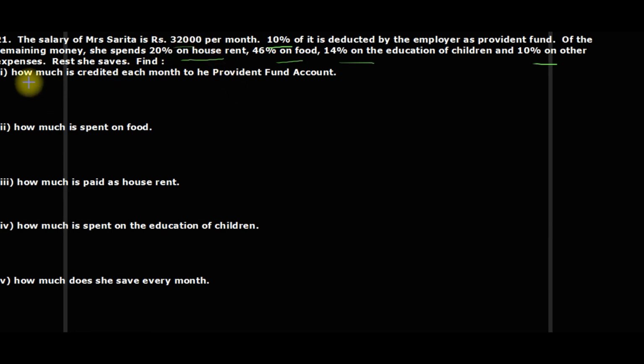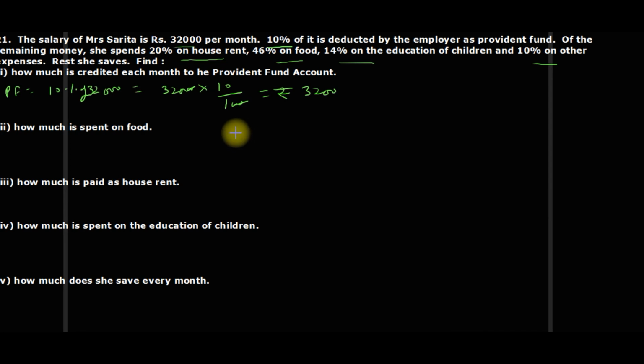Total salary is 32,000. So provident fund account is 10% of 32,000. 32,000 into 10 upon 100. So this would become rupees 3,200, right? How much is spent on food